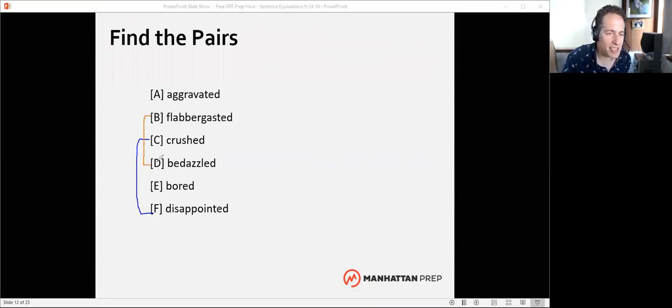Bedazzled sounds like these days, I think we use it to describe using some little TV infomercial tool to put jewels on your pants. We're not talking about that, right? Bored doesn't match at all. But also aggravated doesn't mean what most folks think it means. My mother-in-law always uses aggravated to mean like you're bothering me, quit aggravating me, right? She doesn't say it to me. I'm of course a delight to be around at all times, but that's not actually what aggravated means. That's irritate. Aggravate means to make something worse,